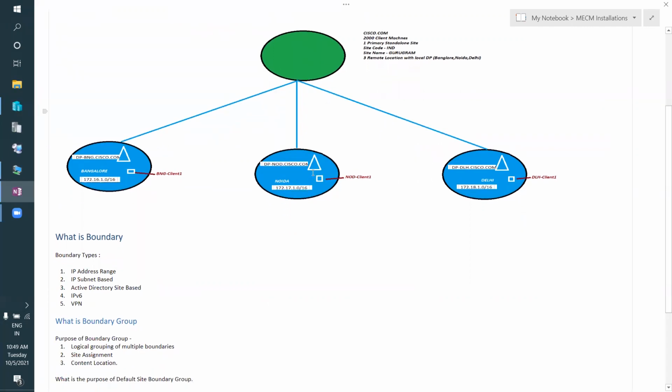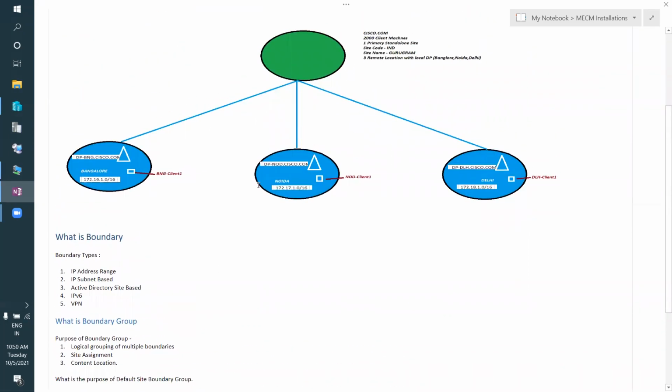Fallback means if your client machine is trying to get the content from its respective DP and it is not able to get this content from that DP, then it should try to get this content from any different DP that we have configured under the relationship tab.